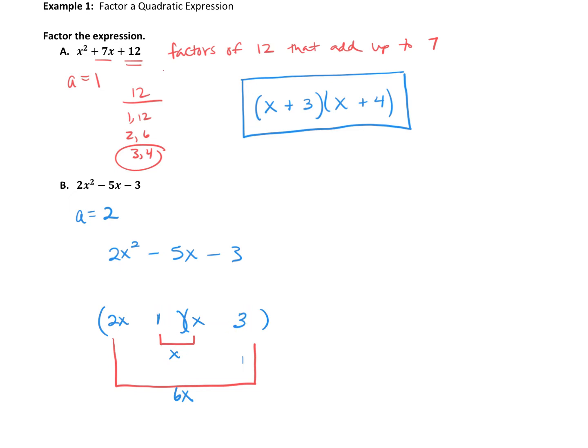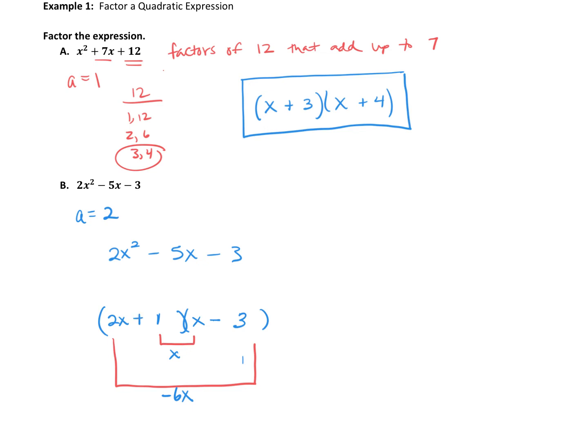This 1 and this 3 do have to multiply to a -3. So that means that we need 1 positive, 1 negative. Do we want a -x or a -6x? Which one should be negative to add up to that -5? And you're saying, oh, well, we want the 6x to be negative because -6x plus x equals -5x. So that means I need the 3 to be negative to get that negative 6x and the 1 to be